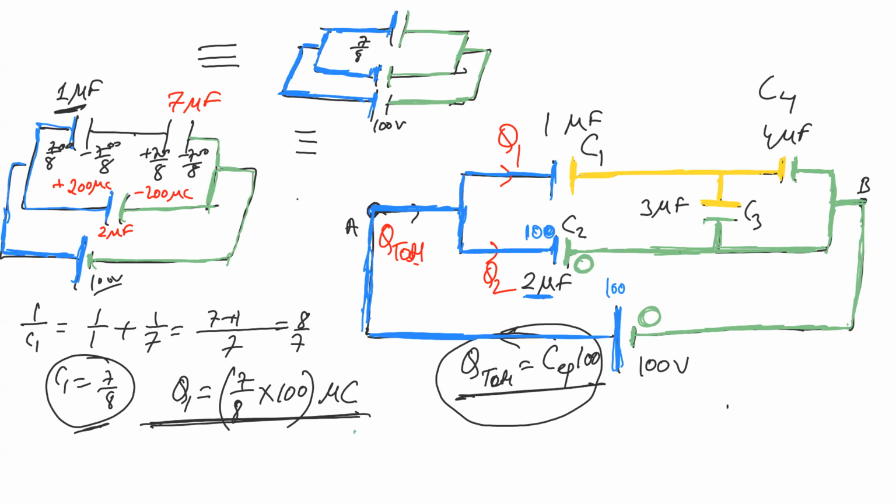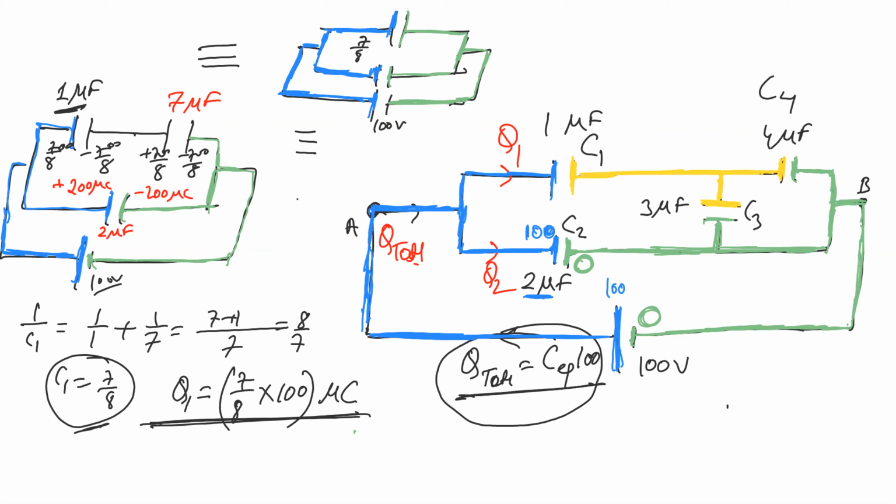See, the stepwise calculation is we have to work out the equivalent first. And before that, just try to see the potential roughly. How much is the potential at each and every point? Because if you see the potential, that will give us the idea where it is, how it is connected. So that gives a fair idea about connections. As you can see here, green is all same potential. Blue is all same potential.